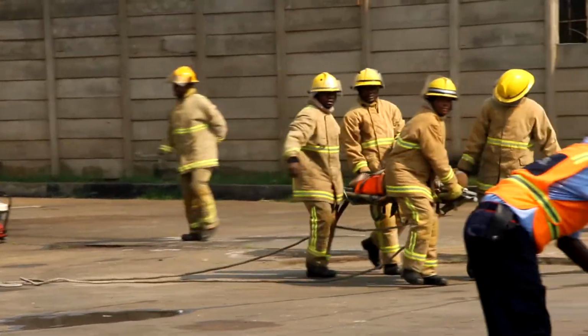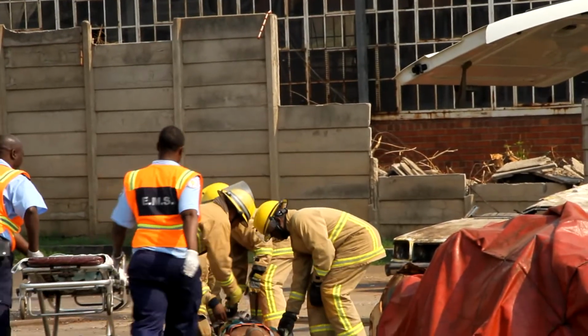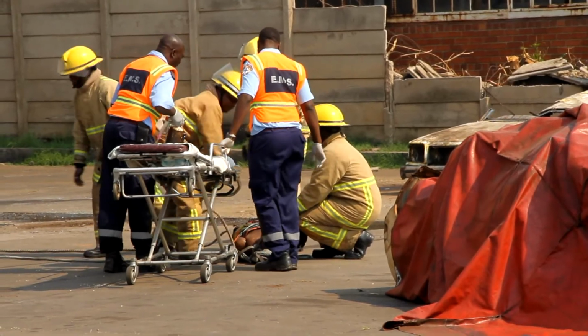You can see at the rear of one of the fire engines there's a whiteboard. This board is a way of recording where firefighters are at any time. Every time a firefighter goes